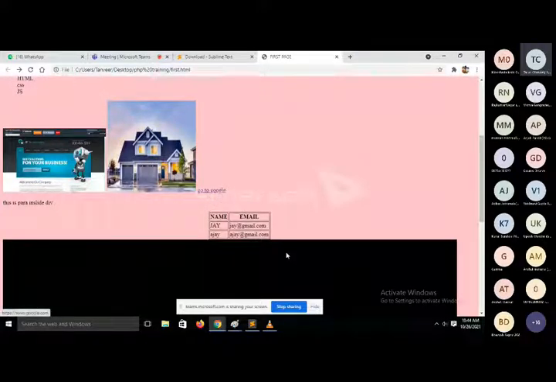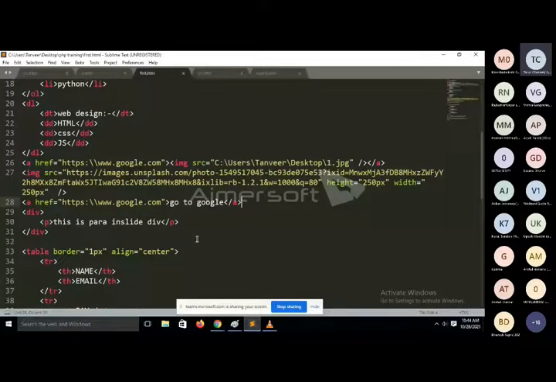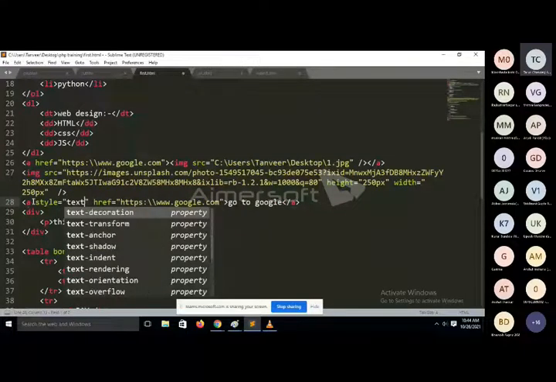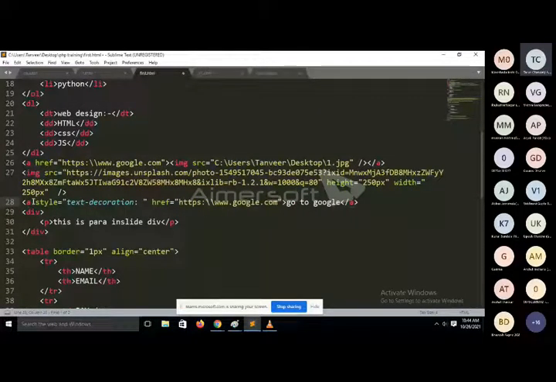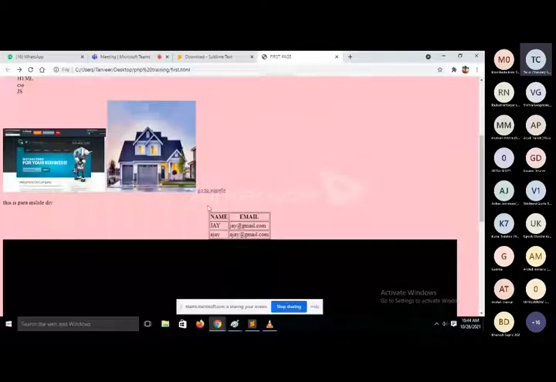How can we do this? Again, you will use the style property inside the anchor tag, and we have the attribute text-decoration. If you do not want to use any text decoration, then you will put none here. Now see, we can easily remove the underline from the anchor tag.